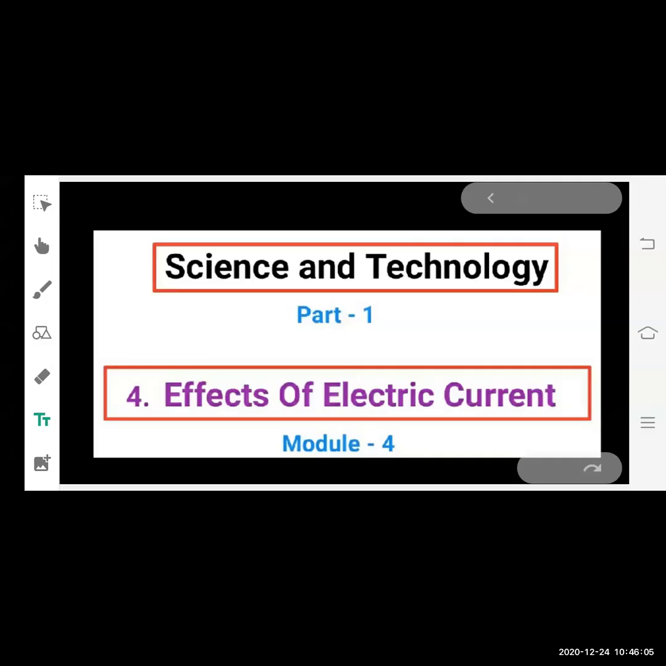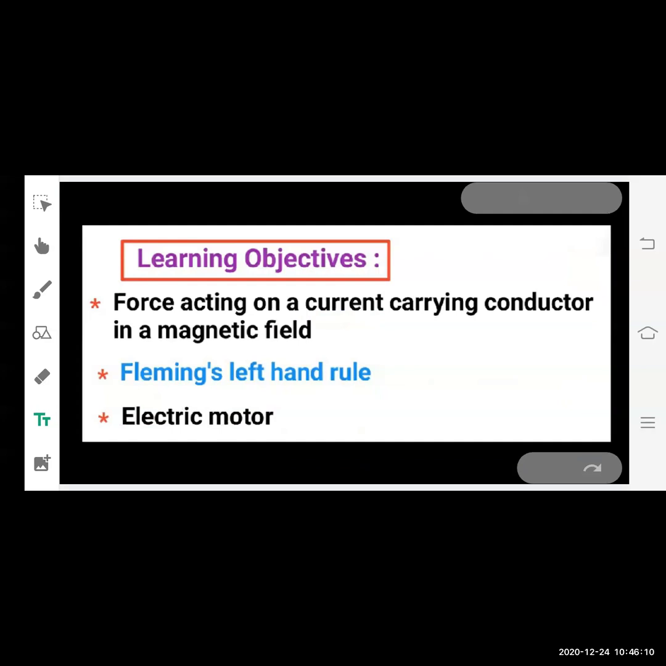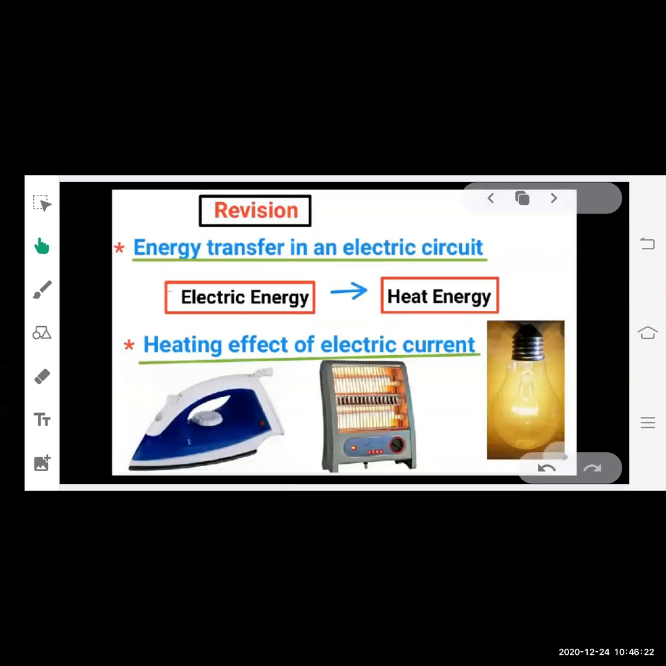Electric current. In today's module 4, we will learn about force acting on a current carrying conductor in a magnetic field, Fleming's left hand rule, and electric motor. So let's begin. In the previous three modules, we studied energy transfer in an electric circuit, and we studied that